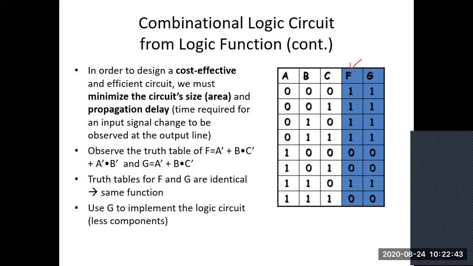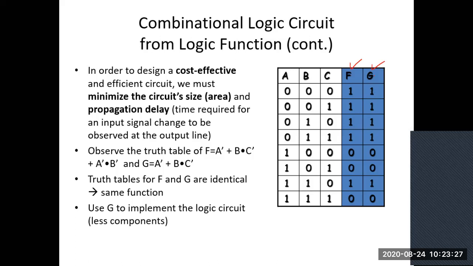One with the truth table of F and G, and those two, F and G, are functions of A, B, and C. These A, B, C are acting as our input, and F and G are two different outputs. For all combinations, for the truth table, we need to write all combinations of input. So here in this case, we have written all combinations like 0, 0, 0, 0, 0, 1. All 8 combinations are there. You can see in this table for ABC, and you can analyze this also: F and G have the same truth table, same values, same location of 1s and 0s.